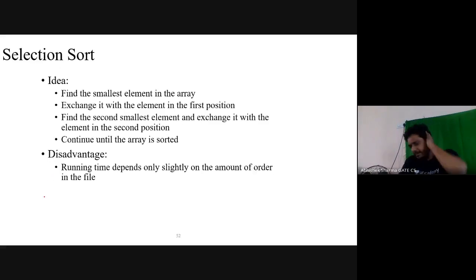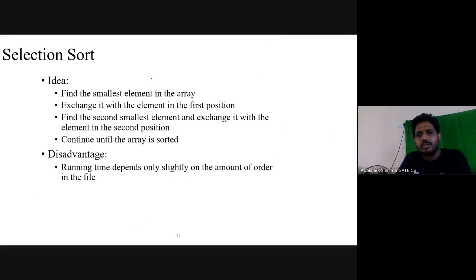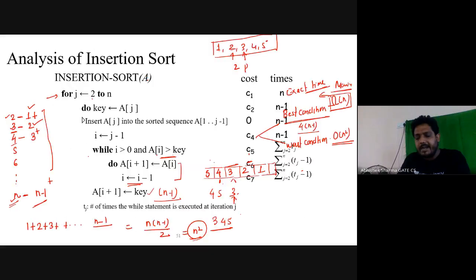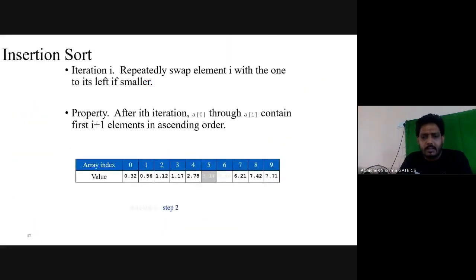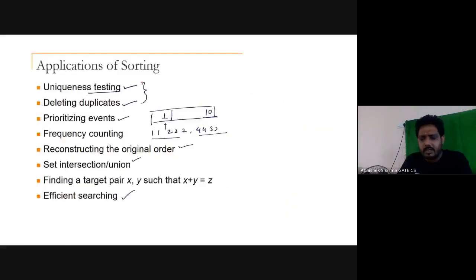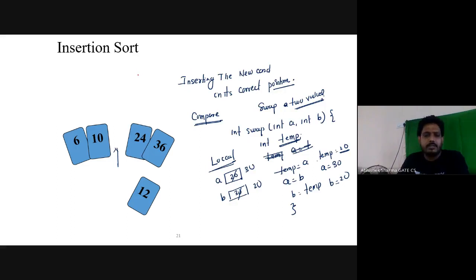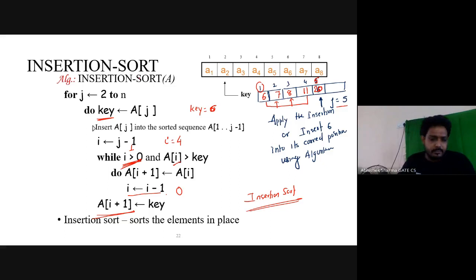The next idea, we may not be able to complete the entire thing, but we have 10 minutes, is another algorithm called selection sort. That is insertion sort, and the idea is what? The idea of insertion sort is inserting an element into an already sorted list. Please remember the key terms that will help you always to recognize it: inserting the element into its correct position. And it's like playing cards only, that this is the position where it should be inserted. So that is the idea of your insertion sort.